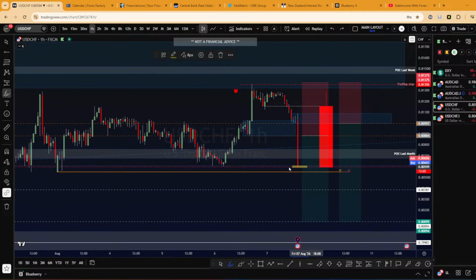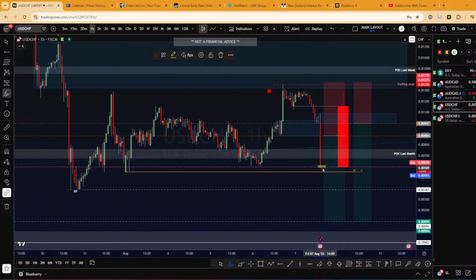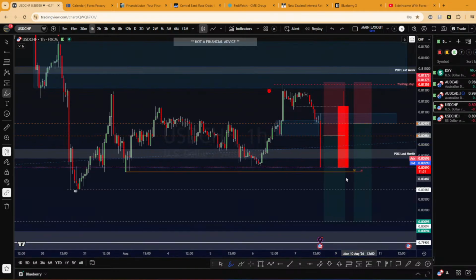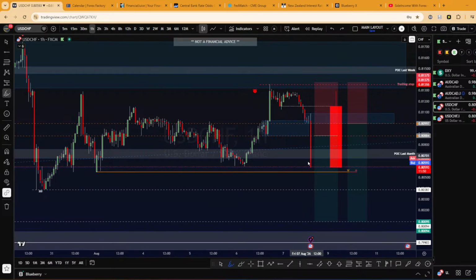We need to respect the plan. It would be crazy to start selling here, as it would potentially give me a bad risk reward. I want to see some sort of retest. Currently the 1 hour candle is not finished. We still have 11 minutes left. So let's see how far this drop will go.